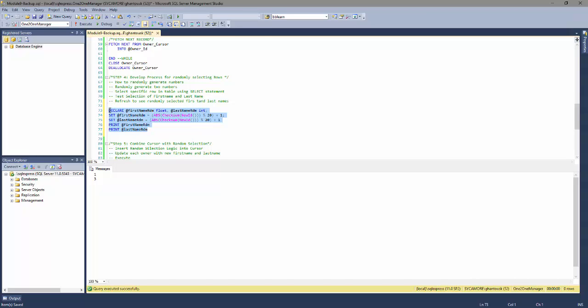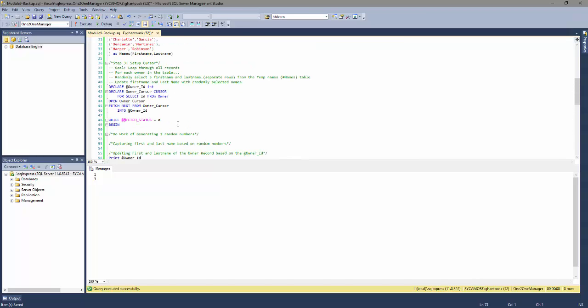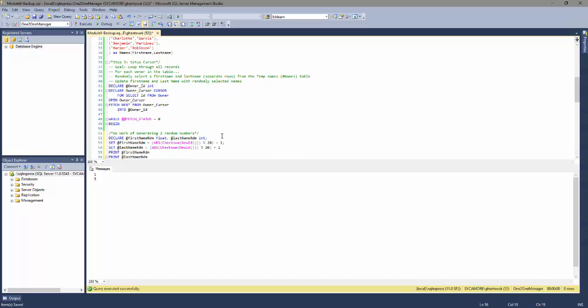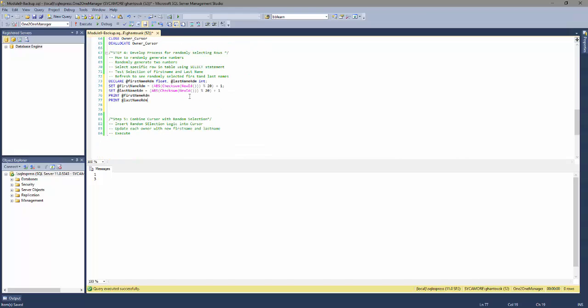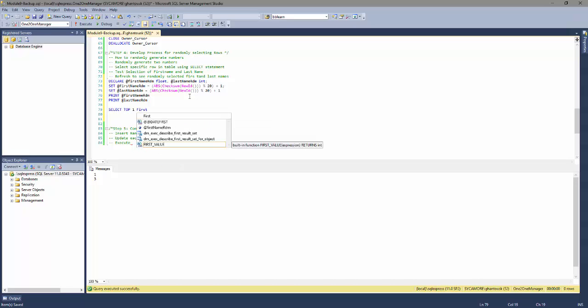So let's go ahead and grab this and move it up here. And that will be our work of generating our random numbers. Now we need to be able to capture first and last name based off of those random numbers. So let me bring this back down here and let's keep working. Now what we want is to be able to select the top one first name,